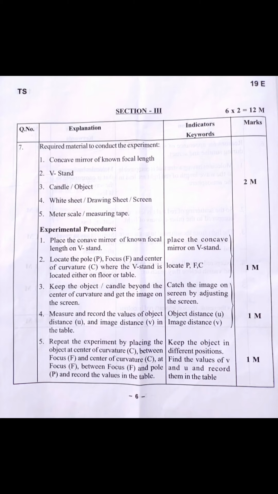In March 2024, Ohm's law was given. V by I is constant, you have to put like this. The 6 marks will be allotted to your question. Object distance, image distance, what will be the image, erect or inverted, enlarged or diminished, that you have to